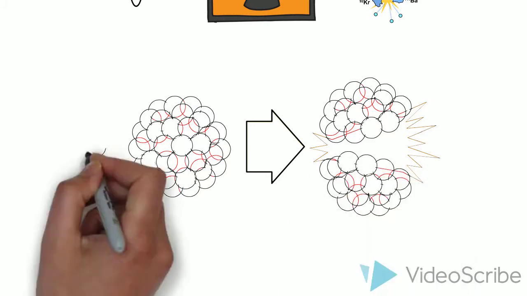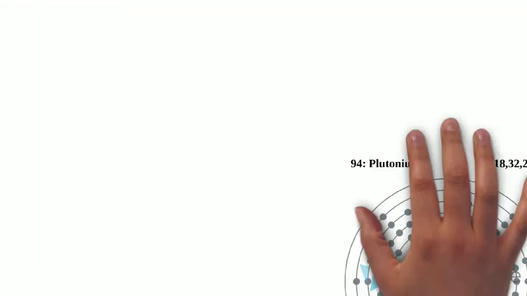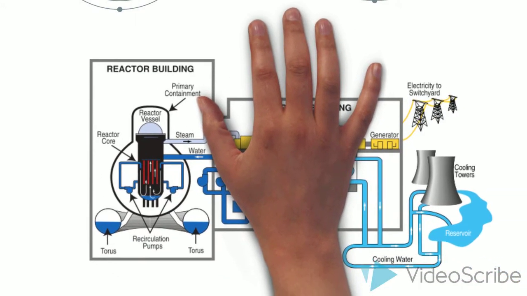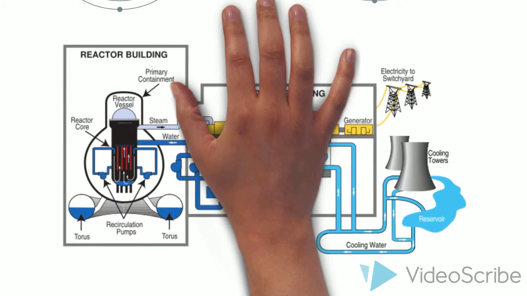Only a few types of nuclei, such as uranium-235 and plutonium-239, can sustain a chain reaction. This is due to the fact that these nuclei release neutrons which collide with other nuclei, resulting in them also breaking apart and releasing more neutrons. The most common fuel used in nuclear power plants is uranium-235, as it is more abundant than plutonium, and the chain reaction factor is very useful in this controlled process of radioactive decay.